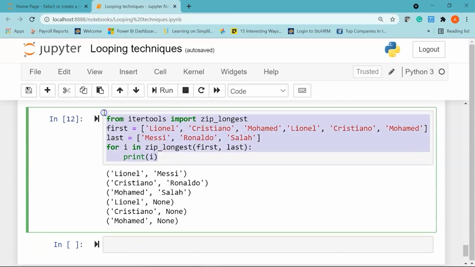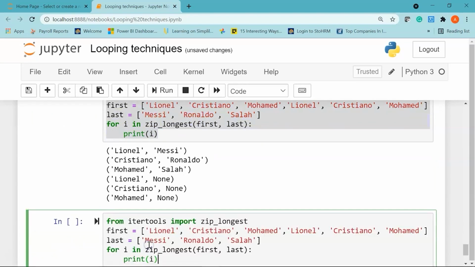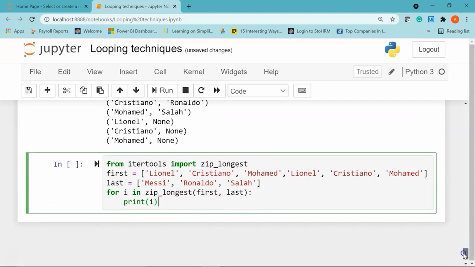Let me just copy this and paste it here, and the only change that I'm going to make is I'll give a comma and use the parameter called fillvalue equal to NA.